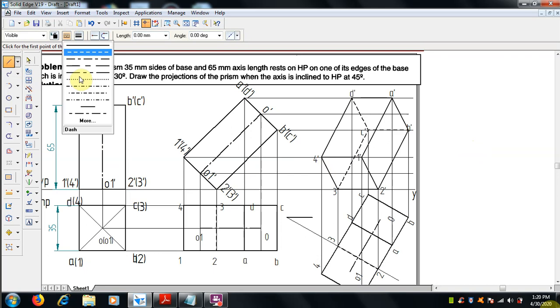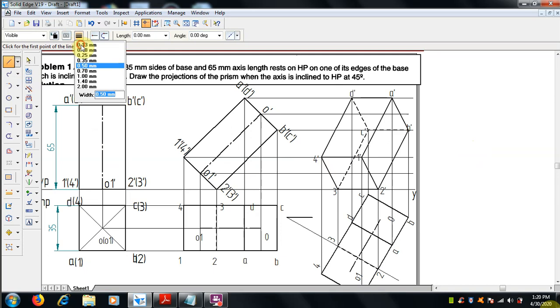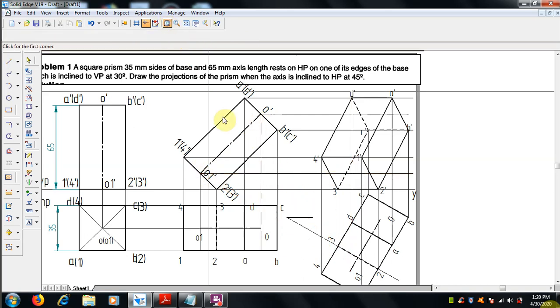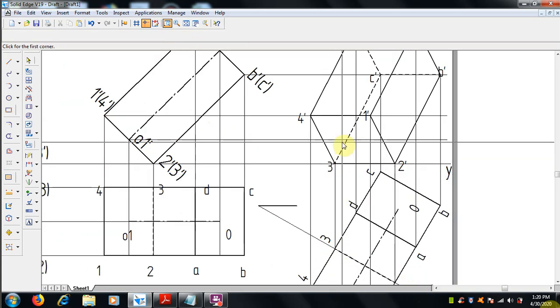Now we have to draw the axis also. The axis, which is in the top view, O1, project this O1 to here, O1 dash, until there, with the help of a 0.13 mm line thickness.